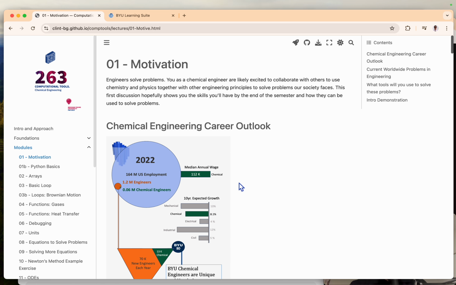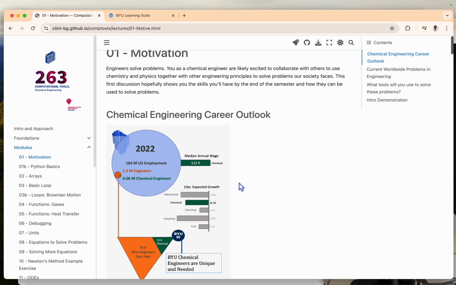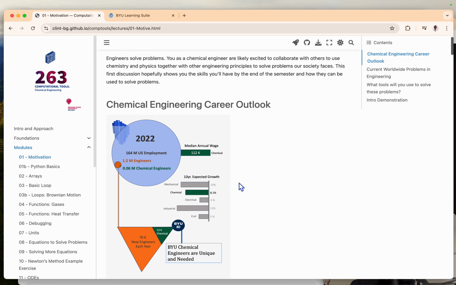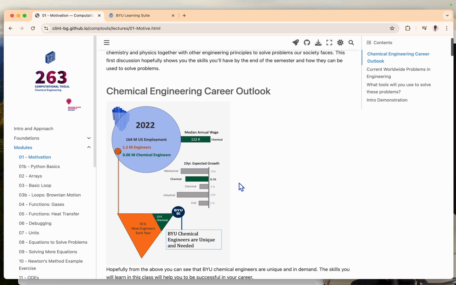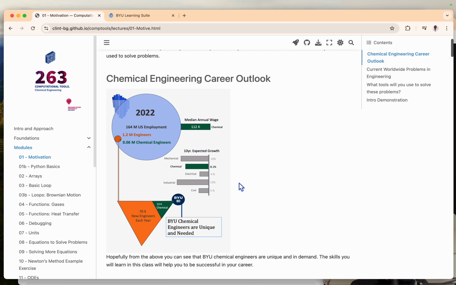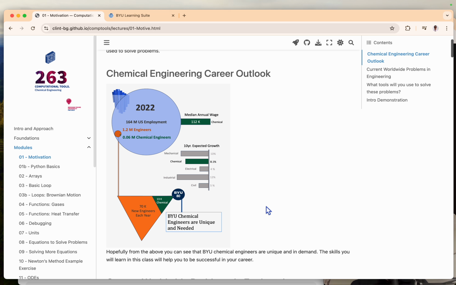I wanted to talk about motivation in why you should care to learn about programming and computational tools. Engineers use those computational tools all the time, and they can be very powerful, and there's lots of benefits for thinking critically in terms of learning programming, helping you gain those skills to be an engineer. And I wanted to point out that